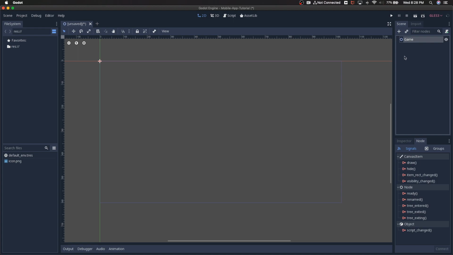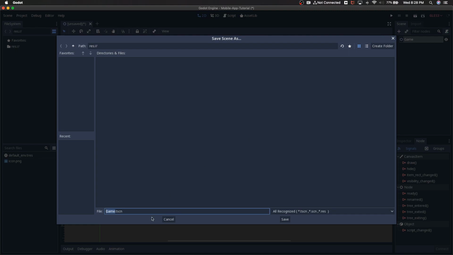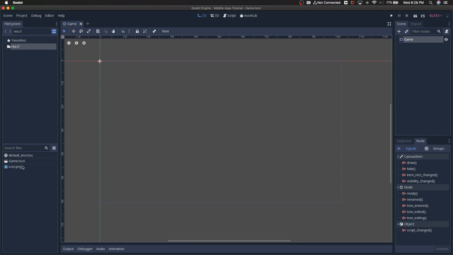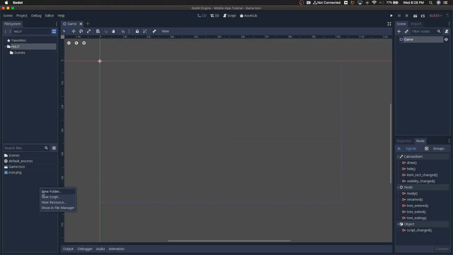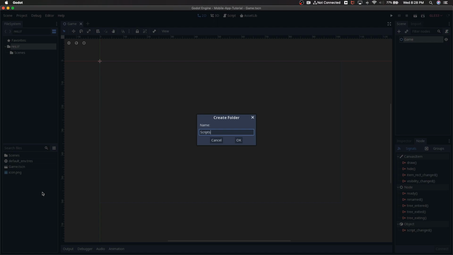Now if I save this, it's going to ask us to save it. It's going to just use the name that we gave the node, .tscn, scene. We can save that. It'll pop up in our file system. I'm going to go ahead and create a couple folders in the way that I usually structure projects just to help us organize things a little bit. So if I right click here and then hit new folder, we're going to have a scenes folder. We're going to have a scripts folder, sprites,